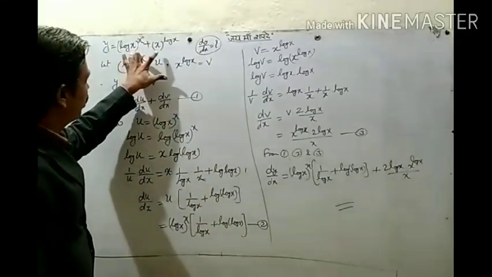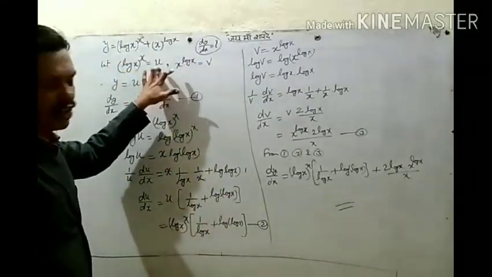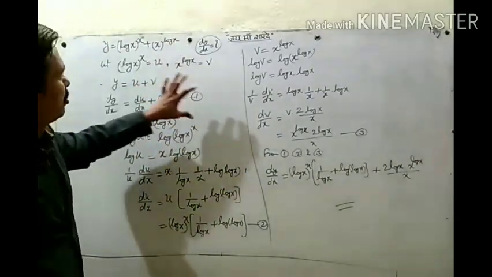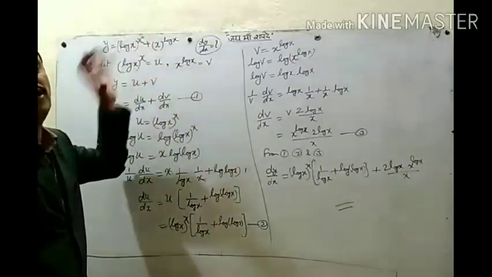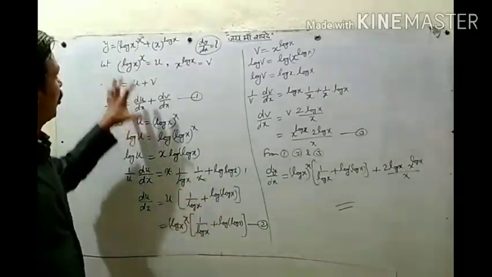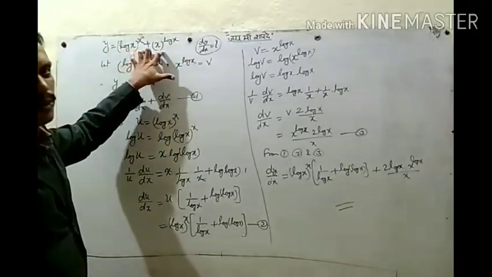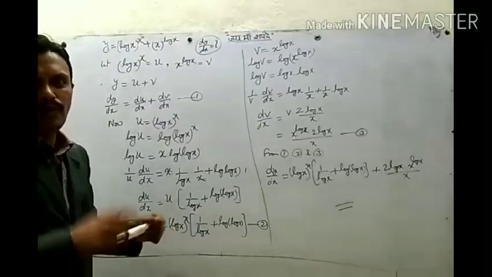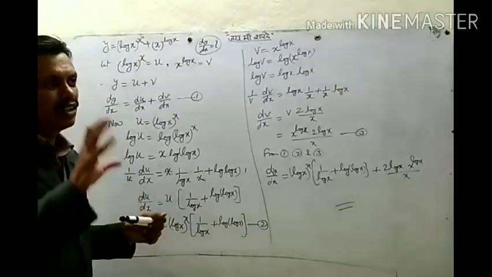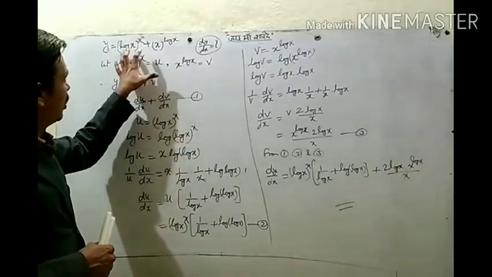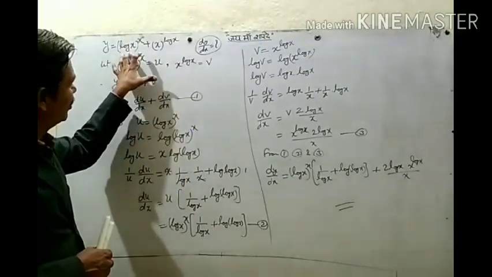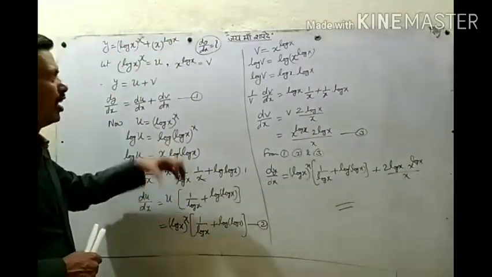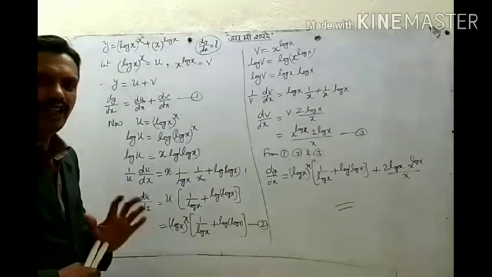First, you have to assume these terms as some other function, other variable u, v, p, q, and then find their derivatives with respect to x, and that will give you the value of dy by dx. So when y is in 2 terms, 3 terms, or in any one term or in all the terms, both base and powers are in terms of x, first separate. You have to assume that terms as p, q, r, and then find their derivatives separately, and then we can find the value of dy by dx.